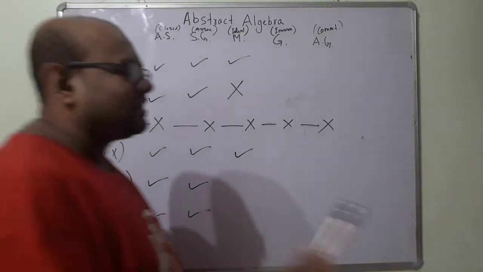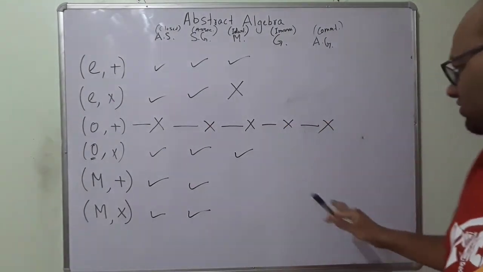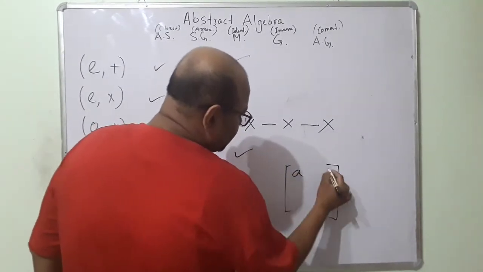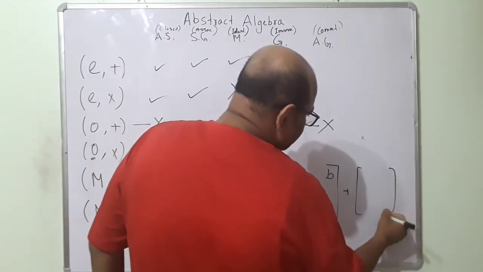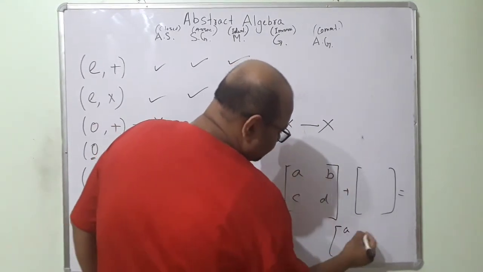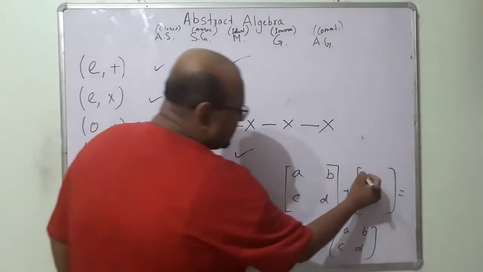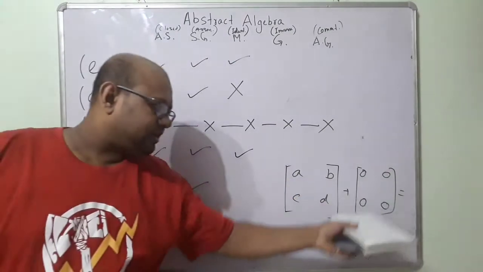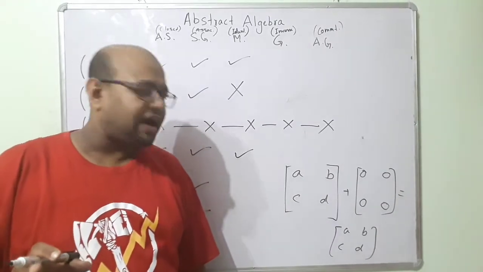What is the additive identity in the case of a matrix? Okay, that is the question. So I have a matrix. Say this is my 2 by 2 matrix. What is it that when I add it with this matrix, I will get back this matrix? I can add the 0 matrix, right? So when I add the 0 matrix, I will get back the matrix. So this 0 matrix is my identity.